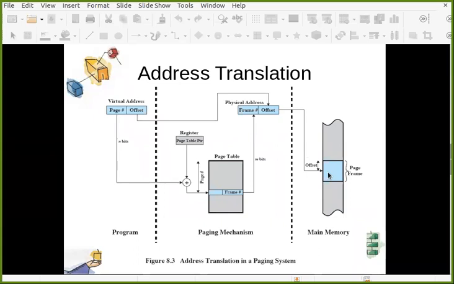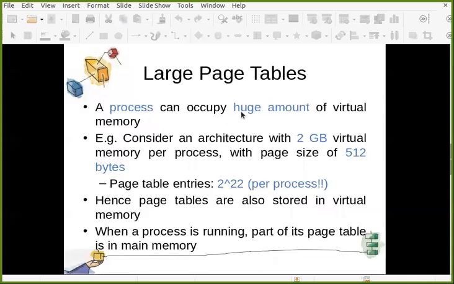And this is already done; we have already seen this in the last chapter. The only difference is that in that chapter, while discussing address translation, we did not discuss the starting address of the page table. But now the page table is in main memory, and we require its starting address, which is stored in this register. Whenever this process is running, this register will be loaded with the starting address of your page table. Then the page number is used as an index. You find the page table entry, and that gives you the frame number.